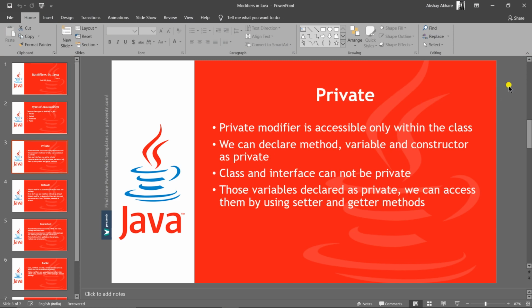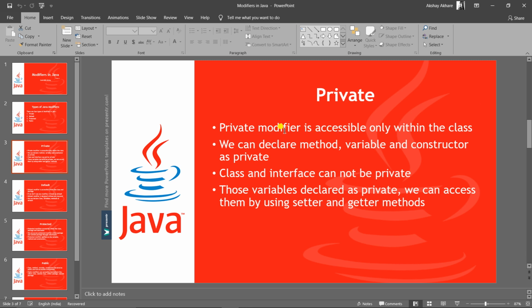So what does private mean? Private members are accessible only within the class. We cannot access private members outside the class, right? If we want to access private members outside the class, we need to take some getter and setter methods.